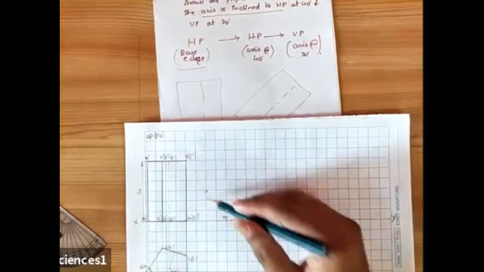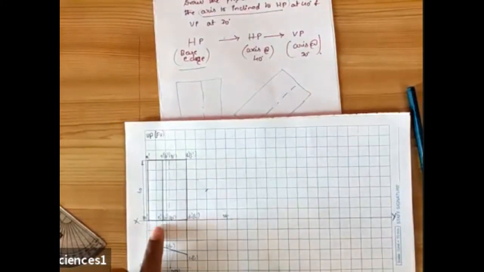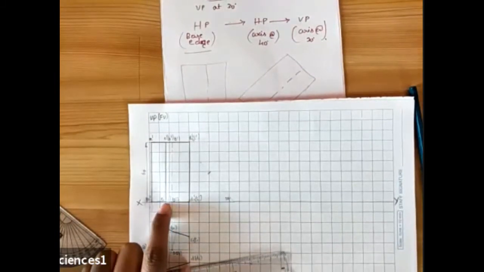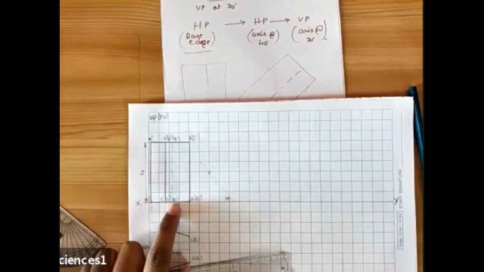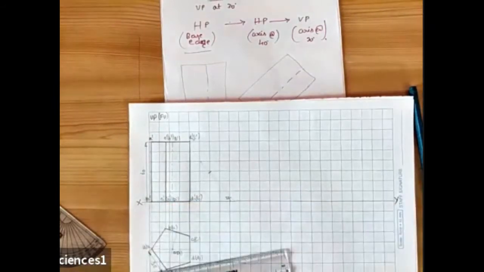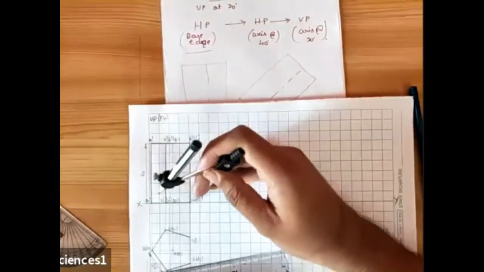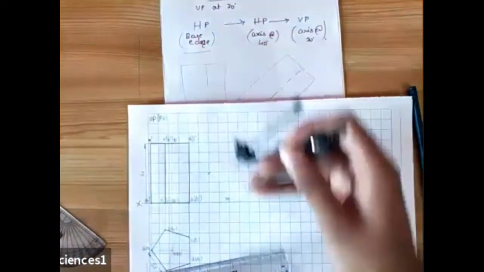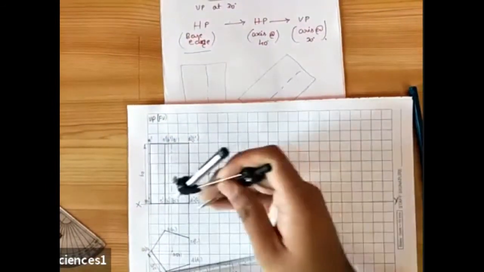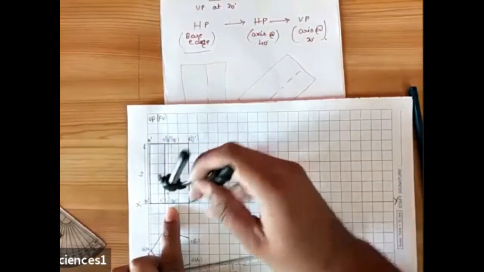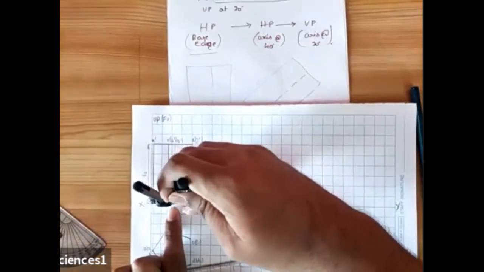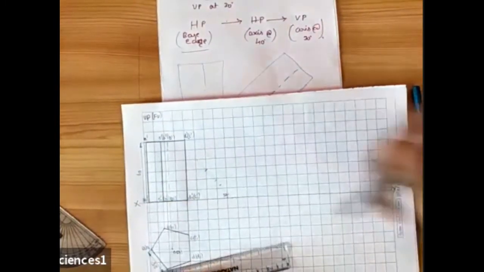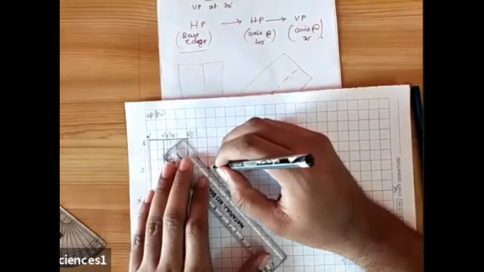The base is inclined at an angle of 50 degrees, and you are supposed to cut two more points also. We need this point, that is the edge E1 dash, and the other point also. I'll measure this length, the edge E dash and E1 dash, and cut an arc. We need the axis also. I'll measure this length, and this is my point where the axis starts. Darken this. You've drawn the base.